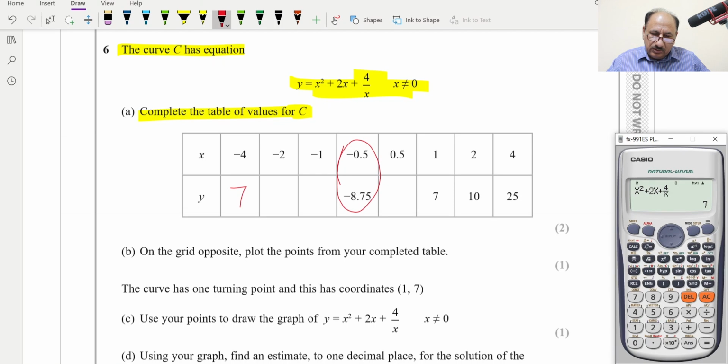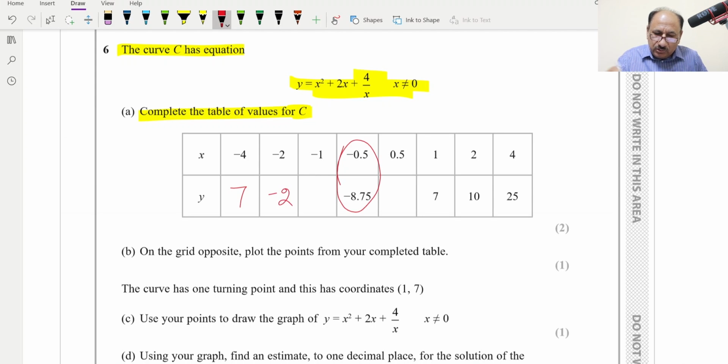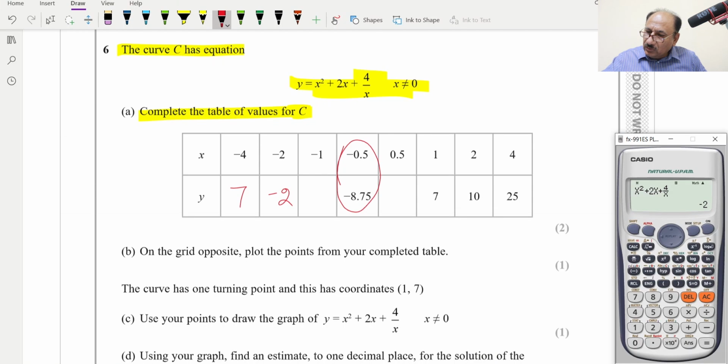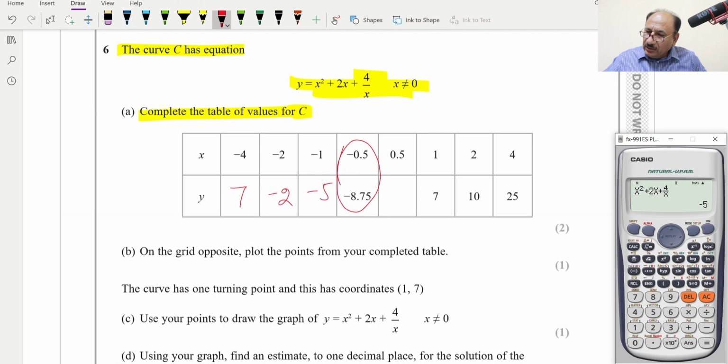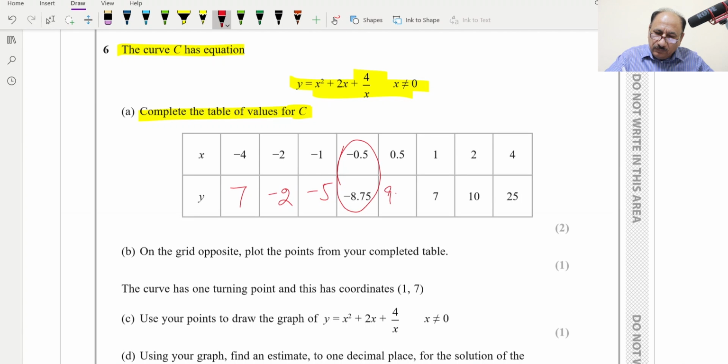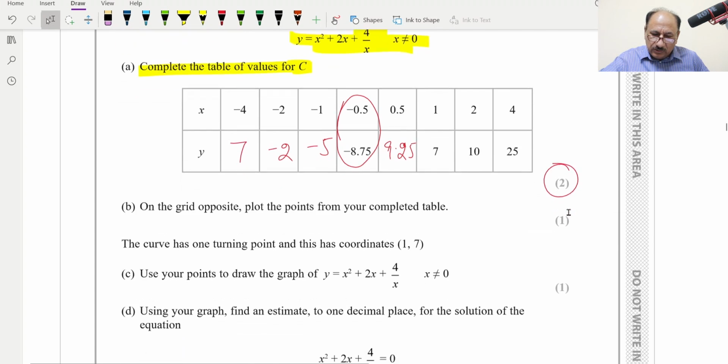And for minus 2, calculate for minus 2 is equal to minus 2. So we can write here minus 2. Now calculate for minus 1, and this is equal to minus 5. This will be minus 5 value. Then for 0.5, calculate for 0.5, and this is equal to 9.25. See, we have utilized the calculator, and very easily we found the values, and it was a 2 mark question